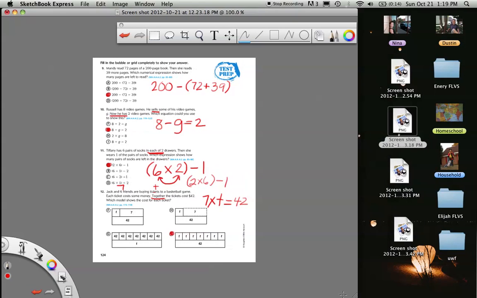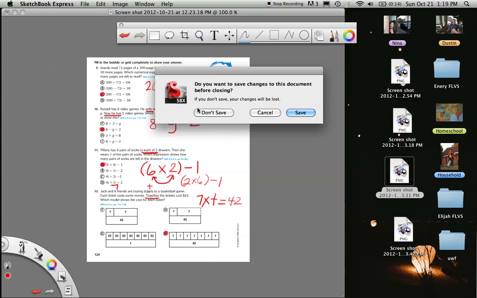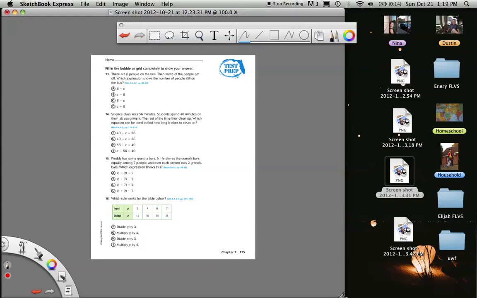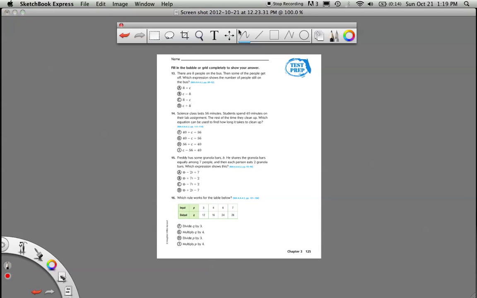Okay, moving on to page number 3. Same kinds of things. We just have to pick the correct answer, and we have to transfer the words into math. So there are 8 people on the bus. We were starting out with 8 people on there. Then some of the people get off. We don't know how many, but it looks like they're using the variable C. So they start with 8 and some of them go away, so I'm subtracting C. Which expression shows the number of people still on the bus? All I have to do is find this 8 subtract C in my choices,